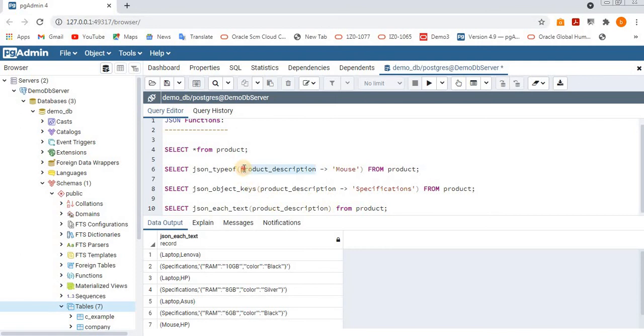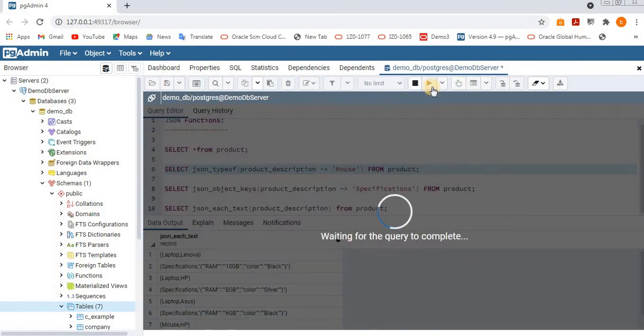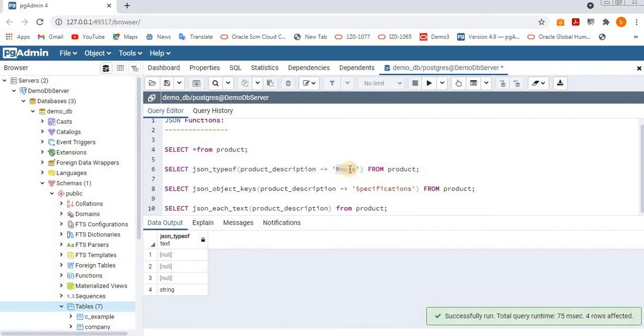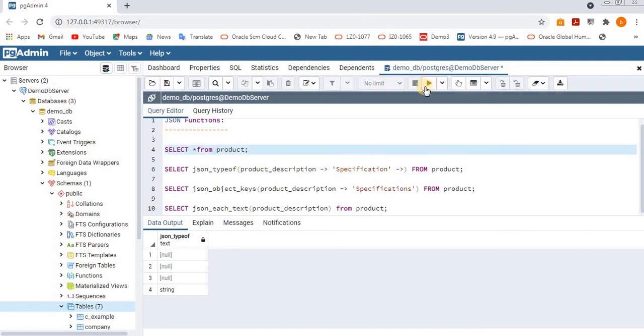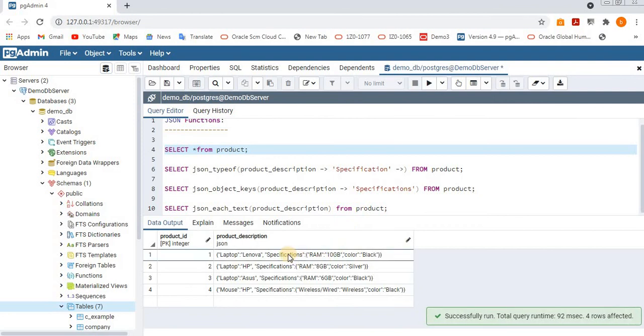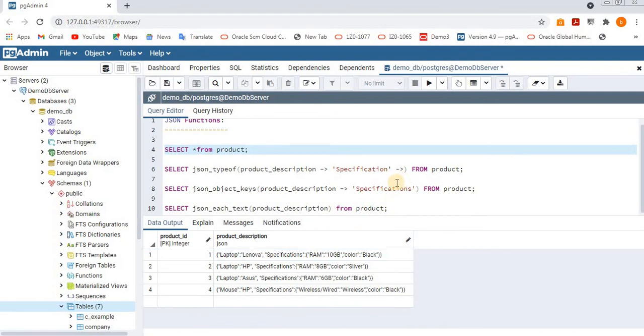And if you want to see JSON type of for specifications, we have seen that earlier. Inside specifications we again have other keys, right? Let me execute this. See here, inside specifications we have RAM and color. We wanted to get the type of this key. Inside the object we again have keys, so we need to get the nested key type.